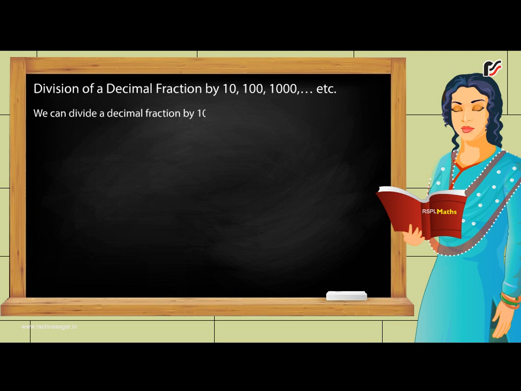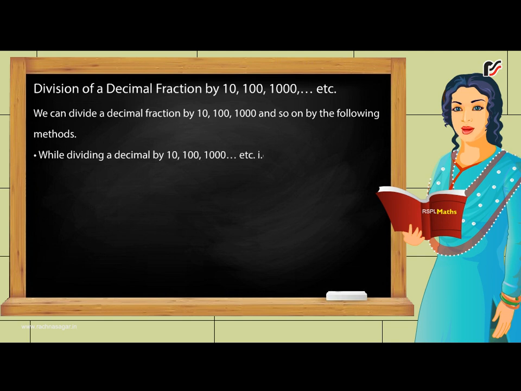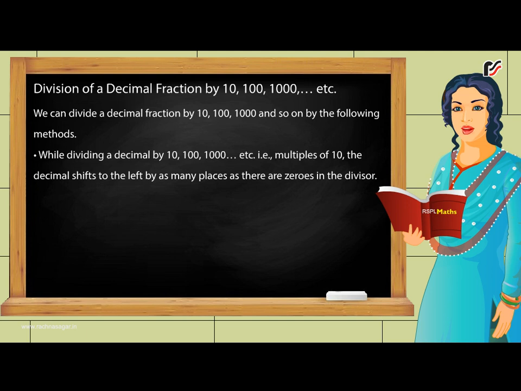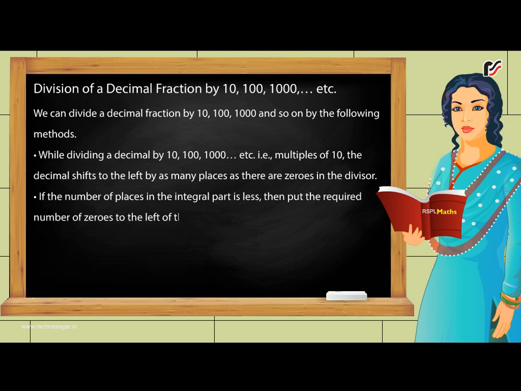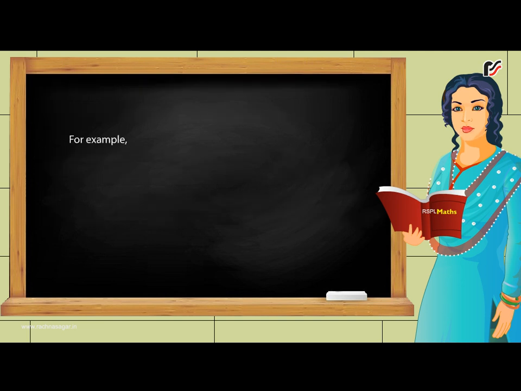We can divide a decimal fraction by 10, 100, 1000 and so on by the following methods. While dividing a decimal by 10, 100, 1000, etc., that is, multiples of 10, the decimal shifts to the left by as many places as there are zeros in the divisor. If the number of places in the integral part is less, then put the required number of zeros to the left of the integral part, then shift the decimal point. For example,